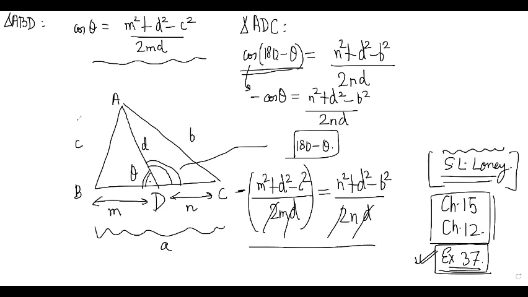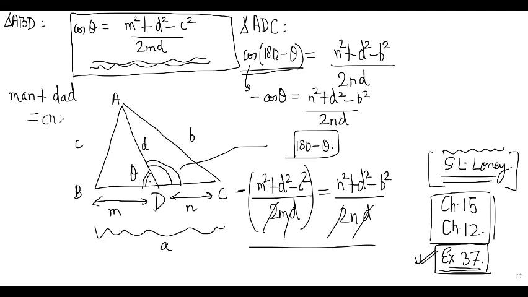Once you take everything on the other side, you will get the formula you have written on top. How has this come? This is cosine rule, which is true for any angle, not just for an acute angle triangle. And we have proved that cosine rule in the class before, so you can watch the recordings later and you will find the proof. Once we simplify now, you will be able to collect terms and prove that man plus dad is equal to CNC plus BMB.